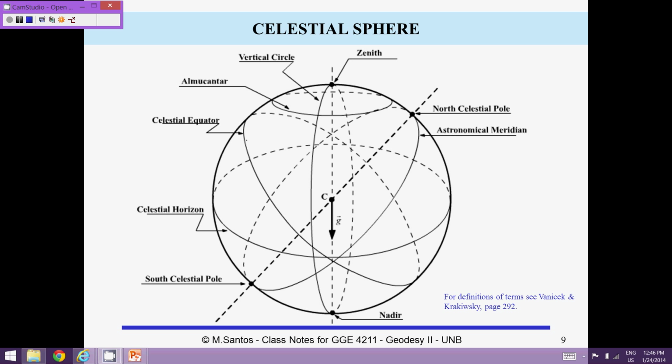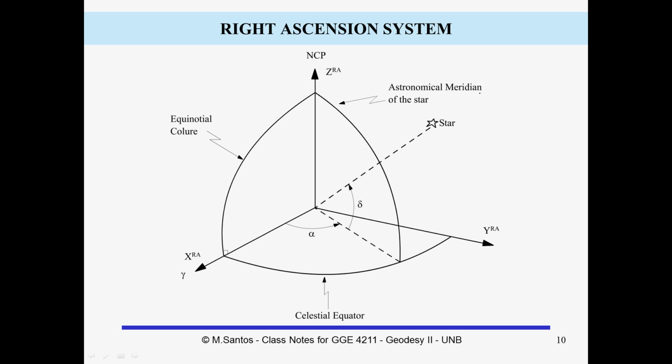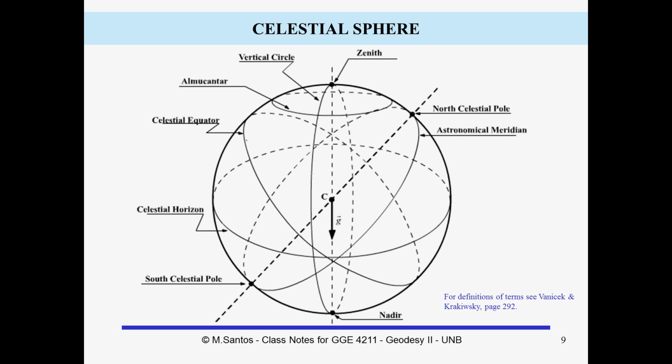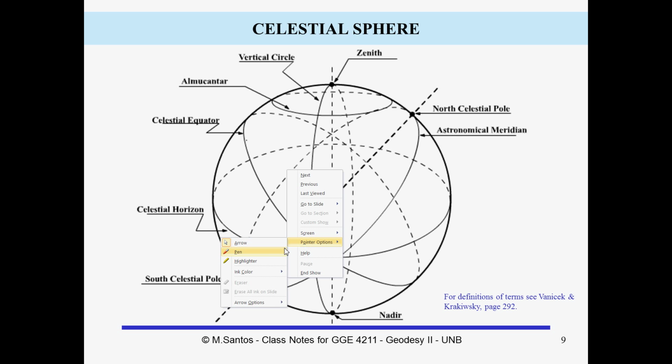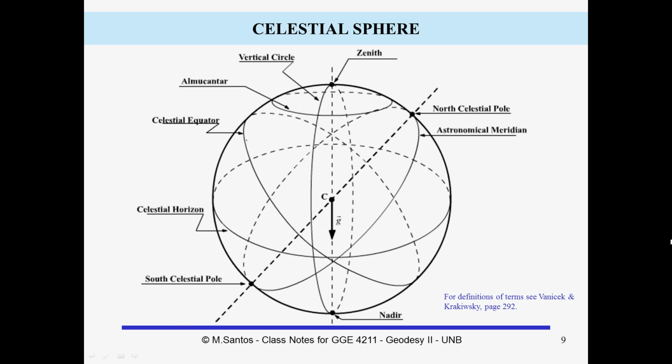So first of all, if you remember, the concept of the celestial sphere is that the user is located at the center. Oh, I forgot that I have to create these pointer options. So get the option, ink color, the red for contrast. So the observer is at basically the center of the celestial sphere,